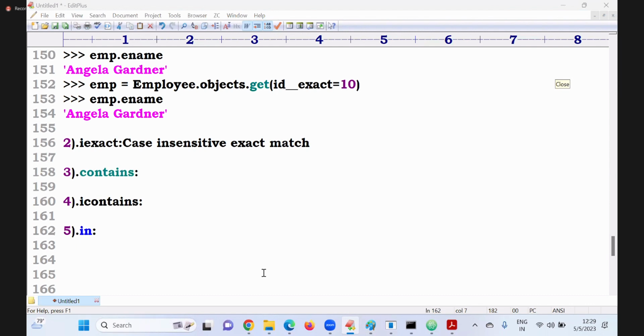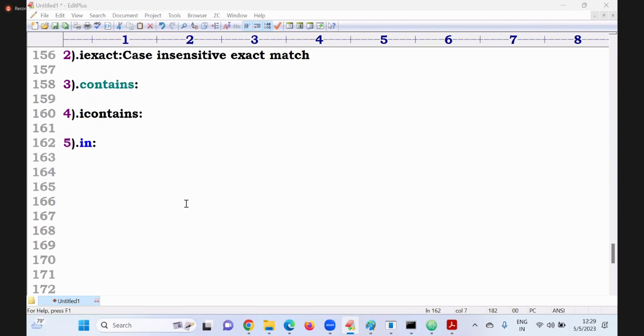how to find records on 2 or more parameters. Just like in SQL query, whatever you are writing, correspondingly we have to write in the ORM commands. I will show. Sir, what is the meaning of in? Suppose I want to display where employee IDs are 1, 3, 5 like that. Then we go for the in operator. For example,